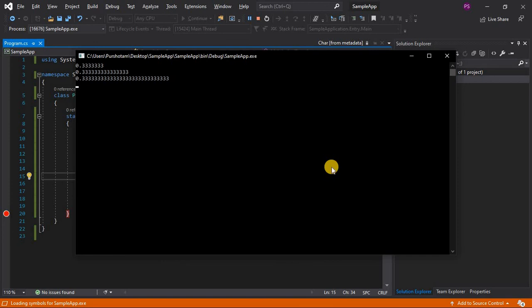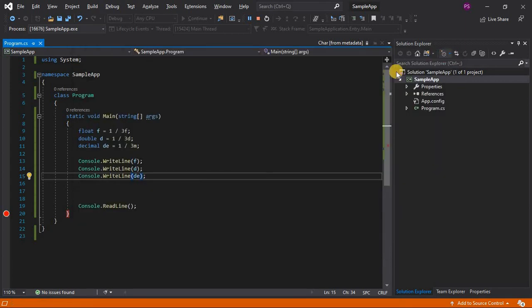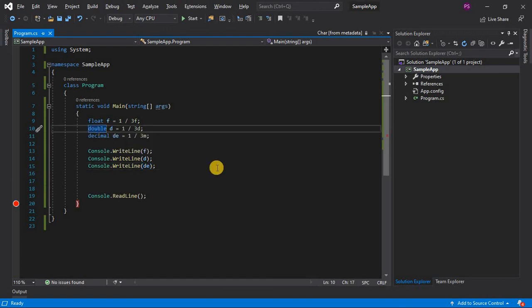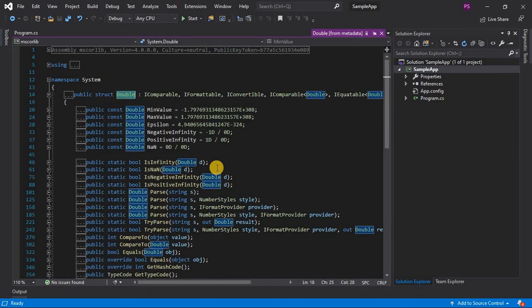You can check all these on your own, go through all the data types and the corresponding .NET types, look for their minimum and maximum values, and try everything on your own. So that is it for the video, guys. In the next video we will learn more about namespaces.